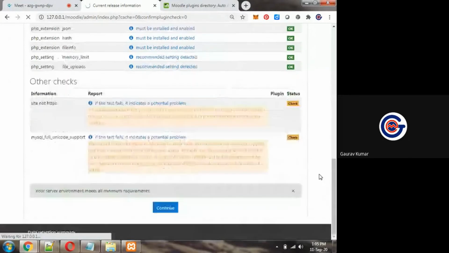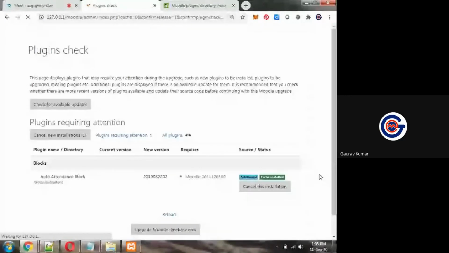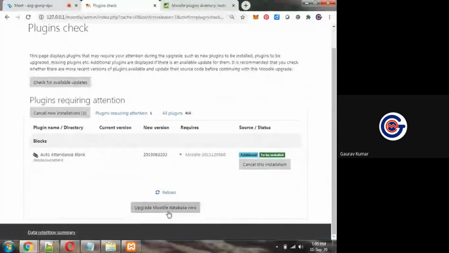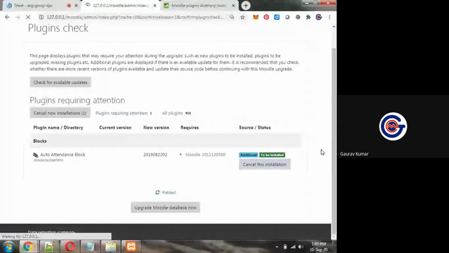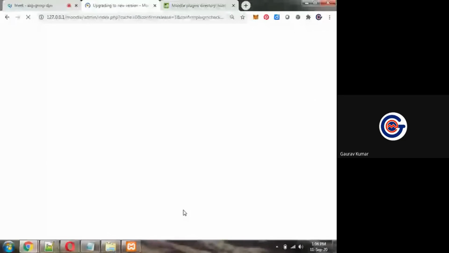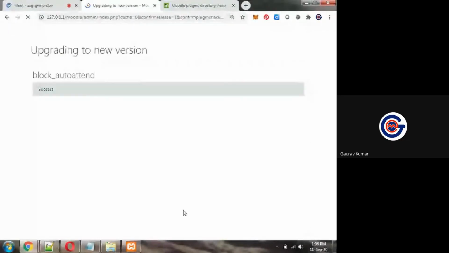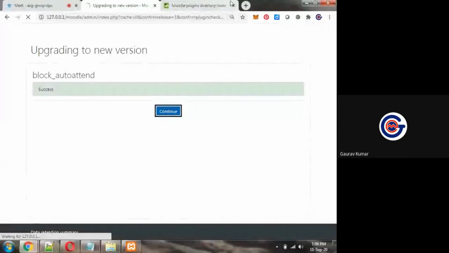it is installing. So after taking this, upgrade Moodle database now, so that the new installed plugin can work with our existing Moodle platform.